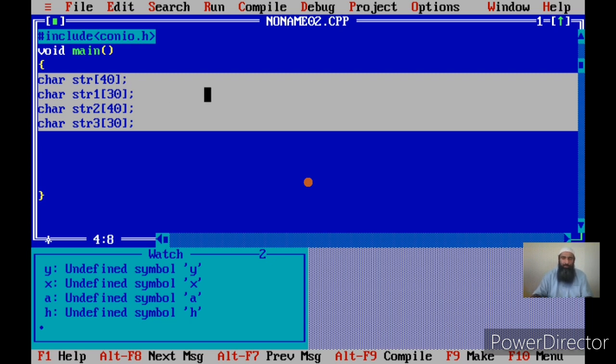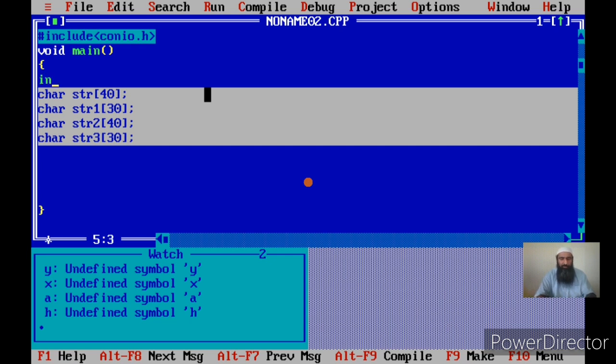First method that I showed, let me show it for integer arrays. If I take an integer array of 5 elements, then I give the values like this: 1, 2, 3, 6, 23. How many values have I given? I have given 1, 2, 3, 4 and 5 values, because the array has 5 elements. Now there is one more possibility here. Let us see that first, then you will understand.